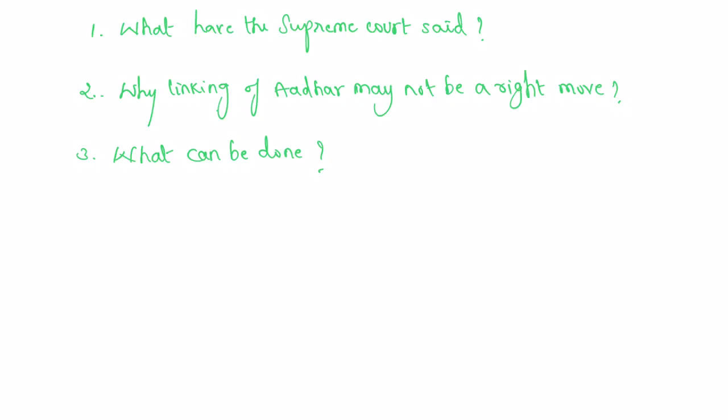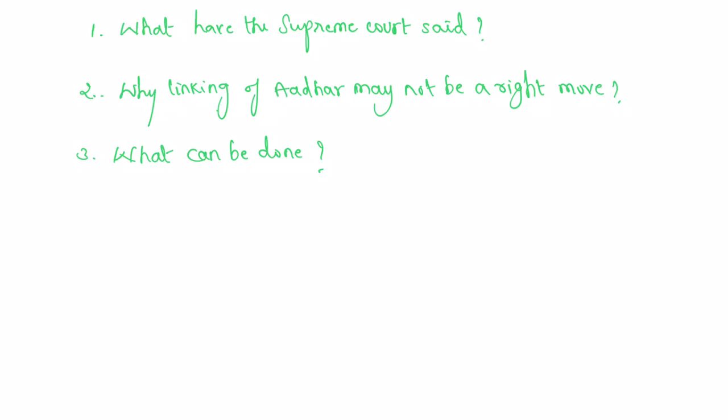It is nothing but a 12-digit individual identification number. It is issued by UIDAI, that is, the Unique Identification Authority of India, on behalf of the Government of India. It serves as identity and address proof anywhere in India, and it is available in two forms, physical and electronic. This 12-digit Aadhaar number is compulsory and mandatory while filing income tax returns, and it has also made Aadhaar-PAN card linking mandatory.